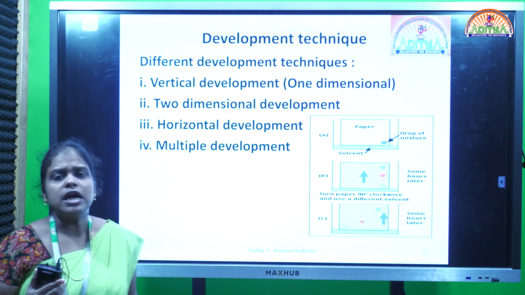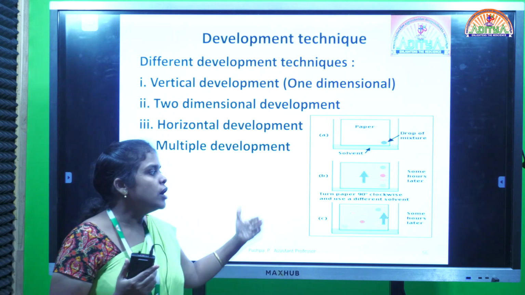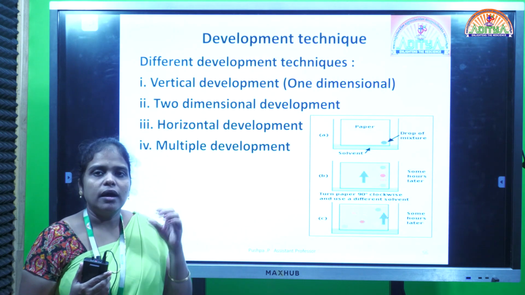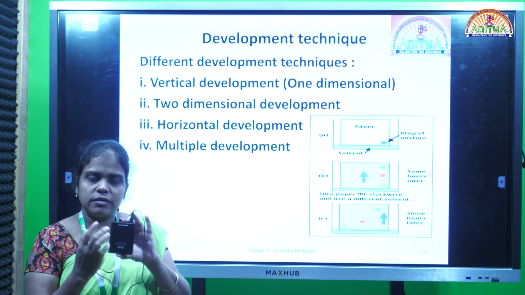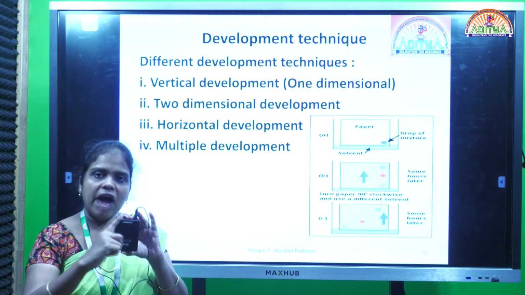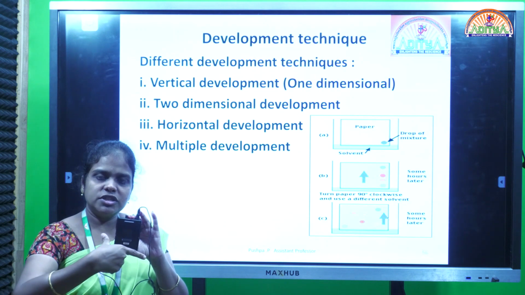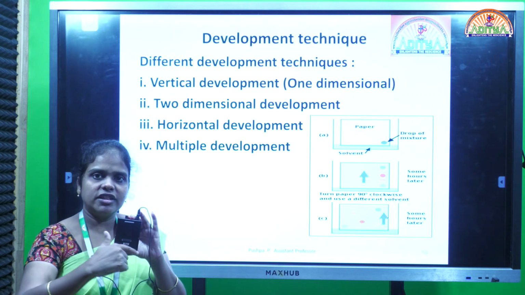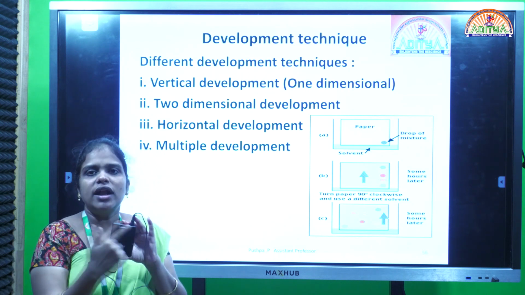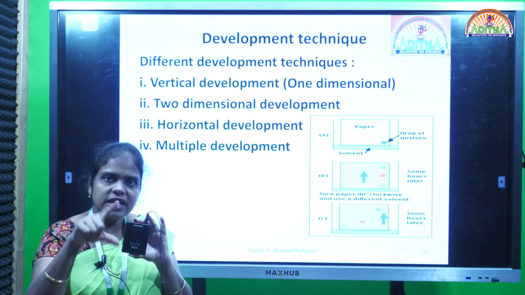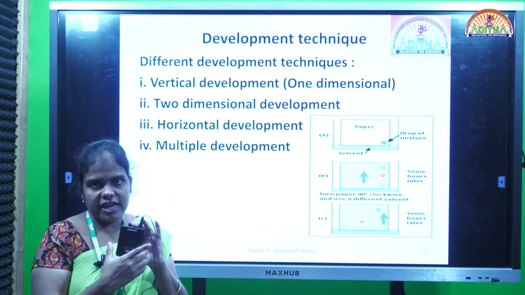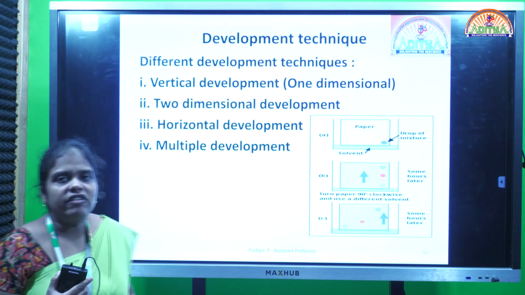Multiple development means multiple times we have to keep the TLC plate in the development tank for better elution. After keeping the TLC plate in one position, we have to leave it for half an hour. After elution, we have to change the position of the TLC plate in another direction. After that, we change the position into another direction. Like that, in all directions, we will change the same TLC plate, and you will see the elutions in all different directions. That is called the multiple development technique.